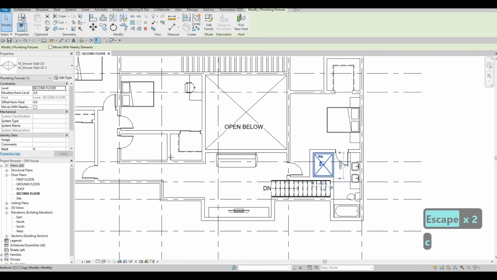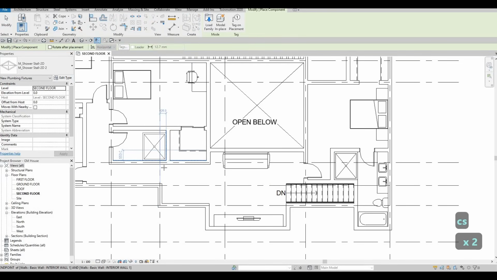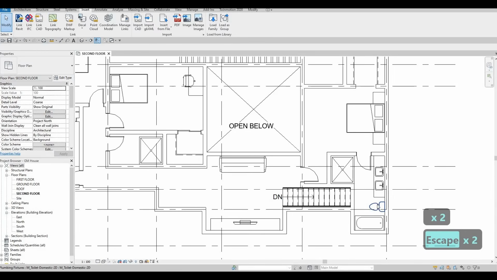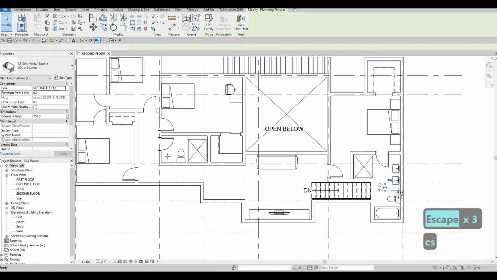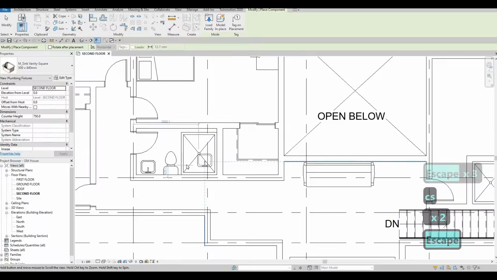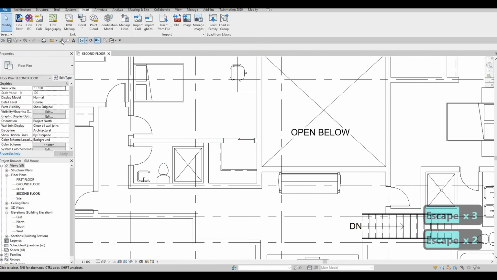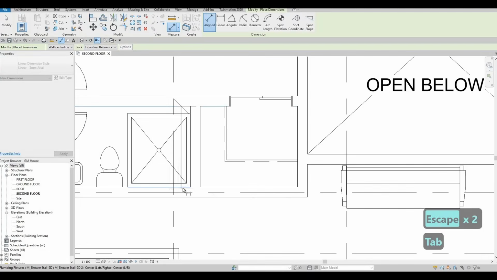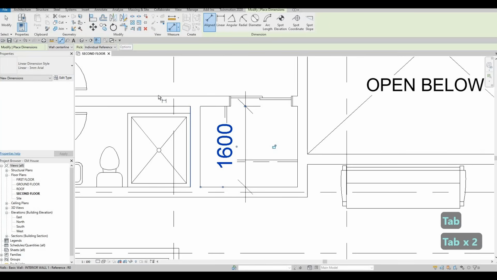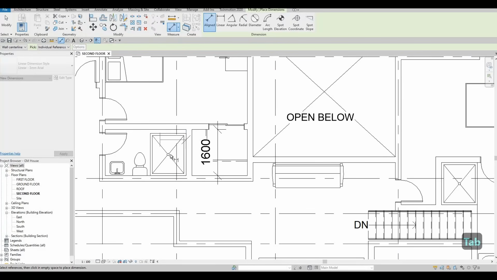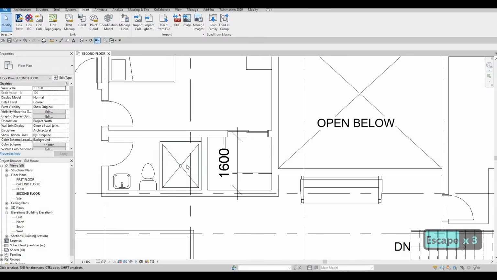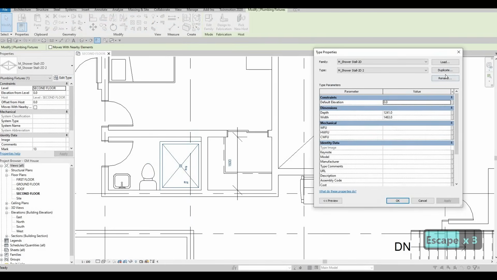Let's put in the shower onto this side. I'm going to put it right there. Obviously that's not the correct size, so we're going to just add those. Once we add those, we're going to change the dimension. So before we add in, let's look at the dimensions. So I'm just adding that, and then I'm just estimating this one to maybe around like that. Okay, so edit, duplicate again, and then here let's put in the 1600 first,